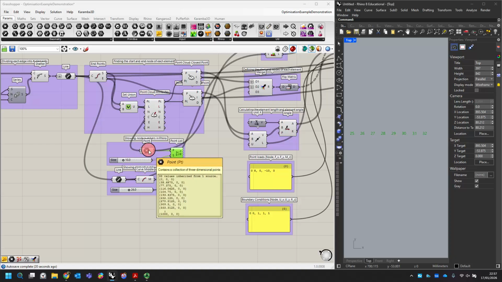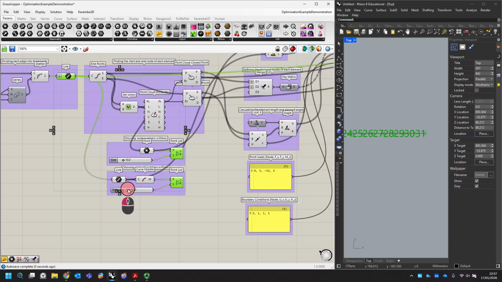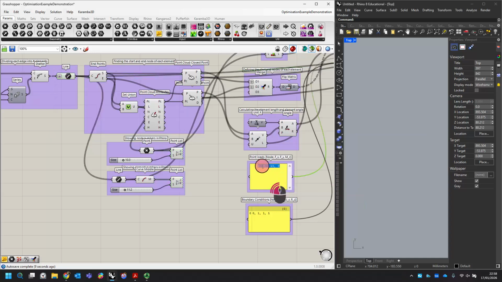And obviously the reason that we're interested in those, so I'll just show the lines for the elements, and we can see the element list there as well if we want. The reason that we're interested in those is obviously I need to edit my input. So I want a load at the start, so at node 0. I want double that load at the mid point of the beam, so that was node